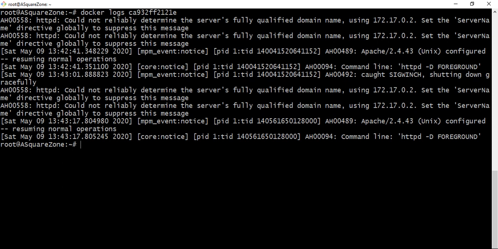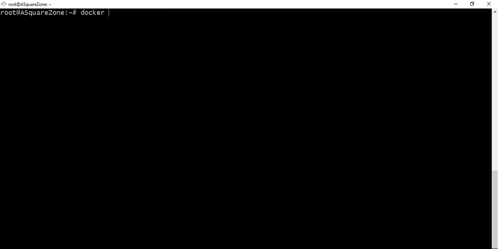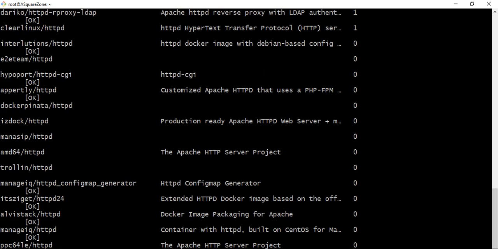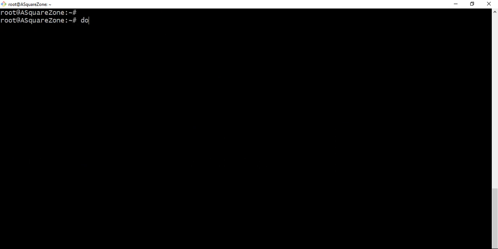And one more thing, we can run the docker search command. So if we have a couple of images in our server, using the docker search command we can get it. So here I'm giving the httpd image as we have in our server. So it is there, so it's giving the output here. So if I give any other image name like Jenkins, we'll see what is the output here.